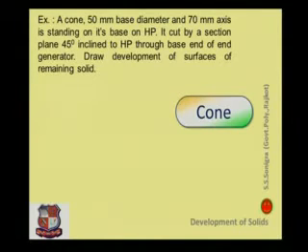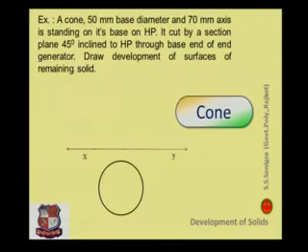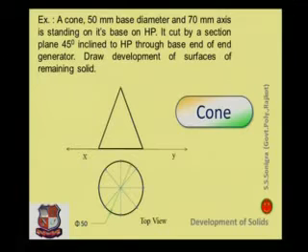So first we draw the XY line, which represents the intersection of the horizontal plane and the vertical plane, right? Now draw a circle below the XY line, and the diameter of this circle is given, that is 50 mm. Insert this dimension like this. After inserting this dimension, divide this circle into 8 equal parts and project the points. Draw its front view, which would be a triangle in nature because it's a cone, with height equal to 70 mm. Name all 8 points A, B, C, D, E, F, G, H.